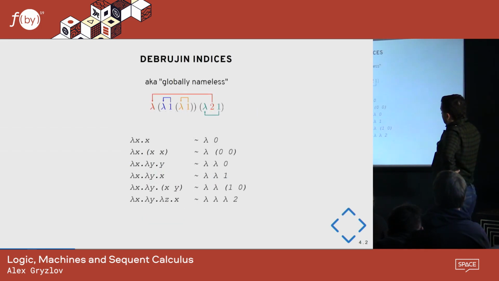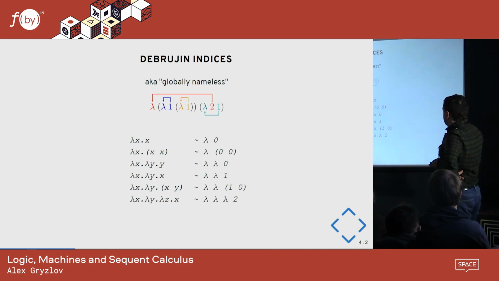Usually when implementing this, instead of names, people use so-called de Bruijn indices. This is a notation which the Dutch mathematician Nicolaas de Bruijn came up with. Intuitively, you remove the argument names from lambdas, and in the bodies, instead of the names, you have a reference to how many lambdas ago the variable was introduced. So the identity function becomes just lambda 0 because it was immediately introduced and then immediately referenced. A function that applies an argument to itself would be lambda 0 0. A function that ignores x and returns y is lambda 0 because y is immediately introduced here. The other way around would be lambda 1 because you skip over one lambda, and so on.